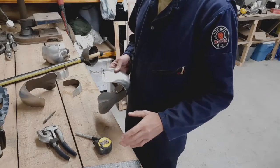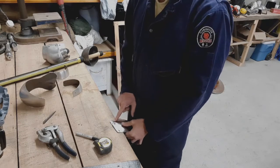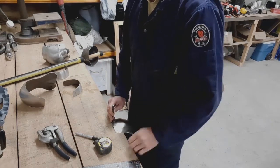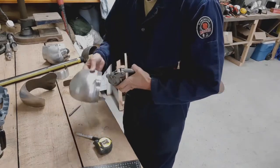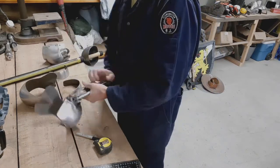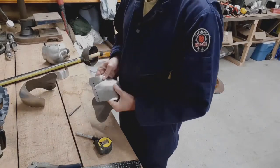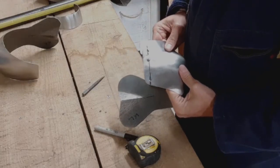Right, so we're going to start with fitting the second lame. I've got my point marked on my first lame. I'm going to punch my first hole. Fiddling about that time. Right, so again, this needs to fit nicely,